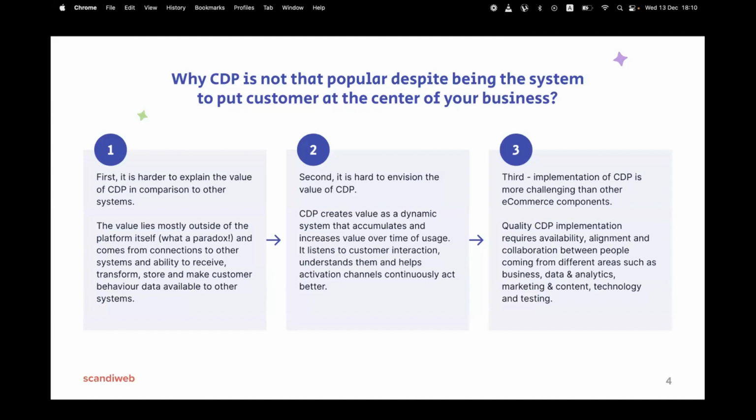Second, it's hard to envision the value. So with products, easy. Okay, you know what, we got 10,000, your catalog is 50K products, we can actually help to synchronize your supplier product list and catalogs, extract data, normalize it, and you push everything online. So very easy to showcase.